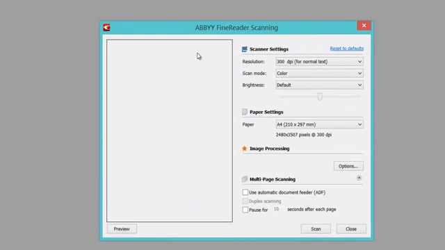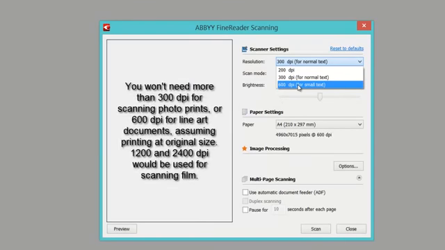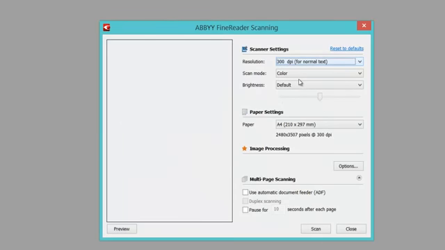But if you're scanning something with really small text and it's not picking up very accurately, I would select the resolution option and choose the 600 dots per inch scan. Now this can vary depending on your scanner. Some scanners don't go that high, but most do. So that will pick up small text and be more accurate. But for this case I'm just leaving it on 300 dots per inch. And dots per inch stands for